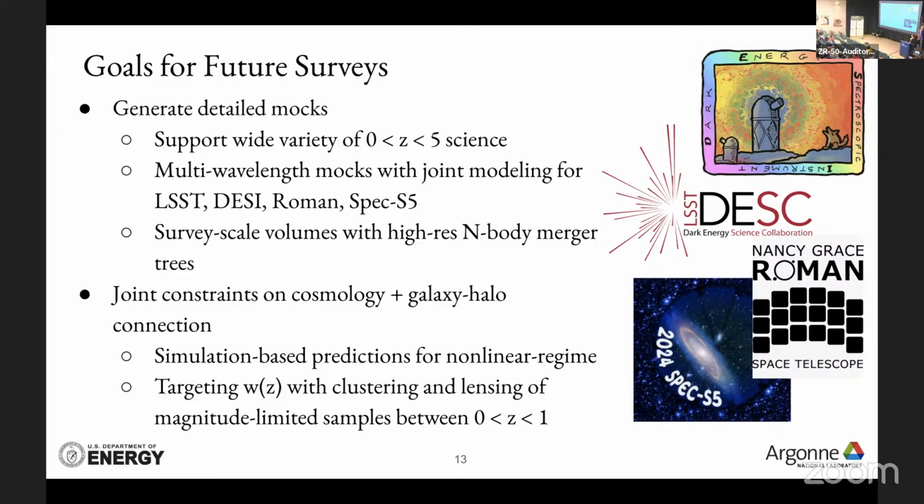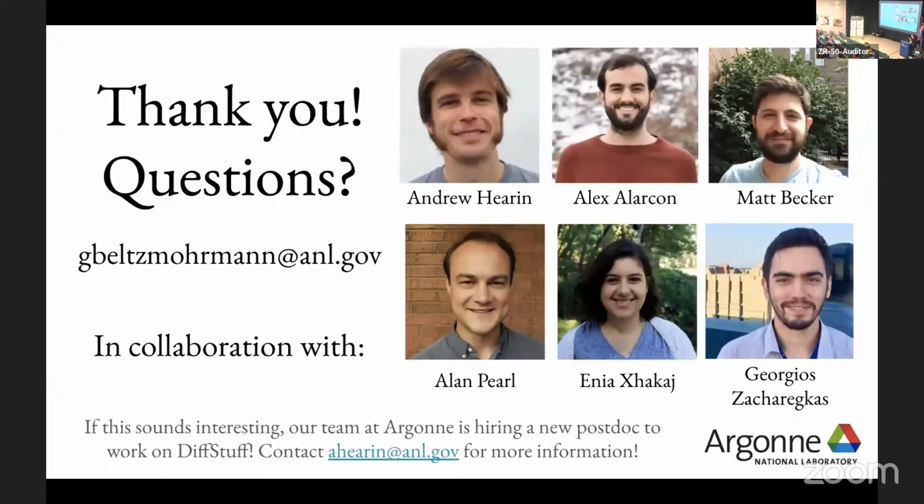In terms of our personal interests, we are interested in using this pipeline to get joint constraints on both cosmology and the galaxy halo connection using both clustering and lensing in the nonlinear regime. And we are particularly interested in targeting the growth of structure between redshift 0 and redshift 1. So for this, we would be very interested in having complete magnitude limited samples of galaxies between redshift 0 and redshift 1. And I think I'm out of time, so I'll just conclude by saying that all of this work